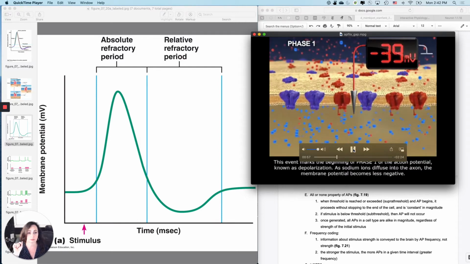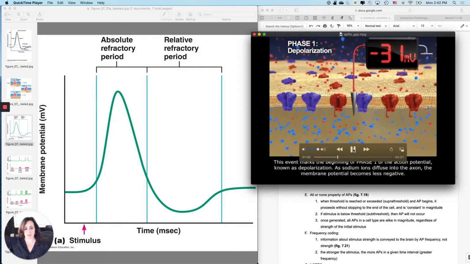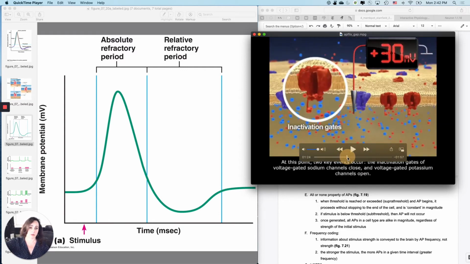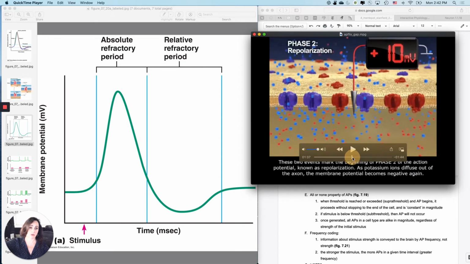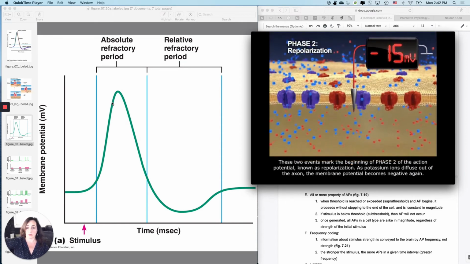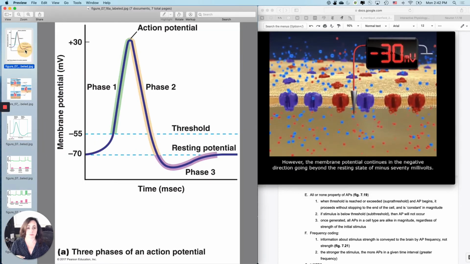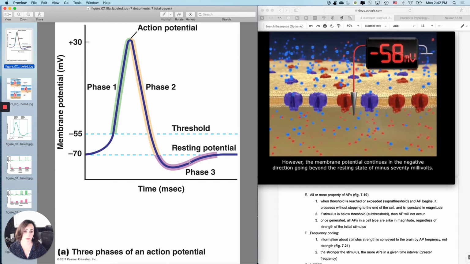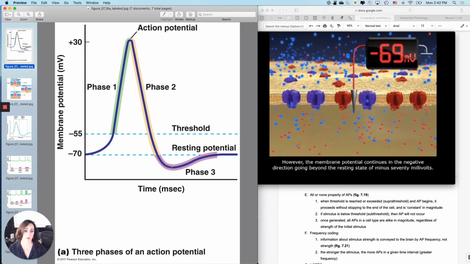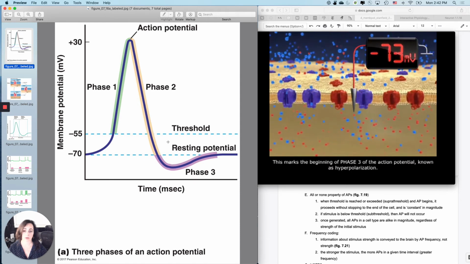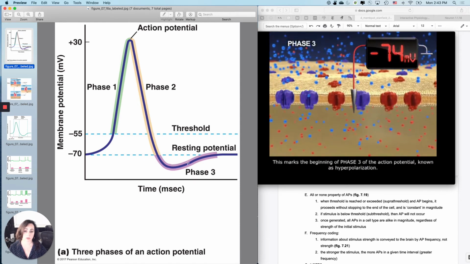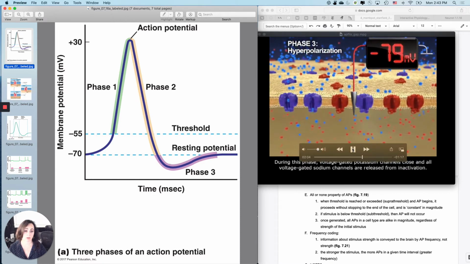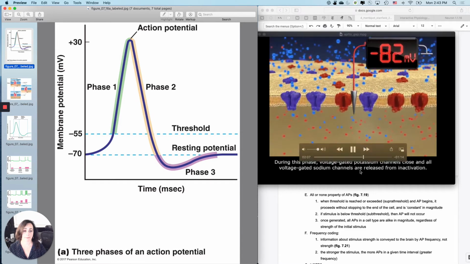Action potential, known as depolarization. So you're in depolarization. As sodium ions diffuse into the... So we want to go phase 2. Okay, so the membrane potential becomes down negative again. However, the membrane potential continues in the negative direction, going beyond the resting state of minus 70 millivolts. This marks the beginning of phase 3 of the action potential, known as hyperpolarization. During this phase, voltage-gated potassium channels close and all...